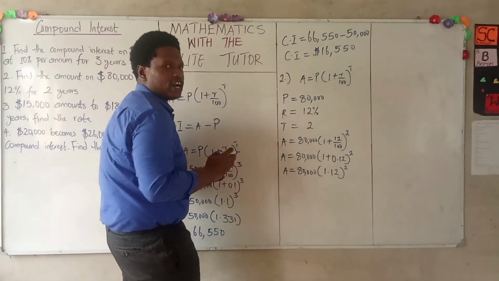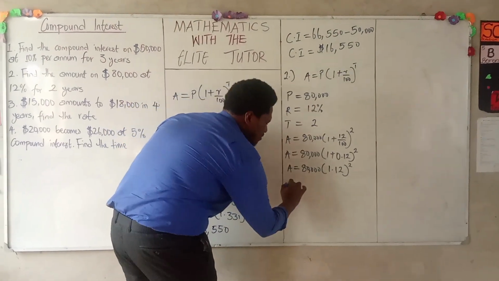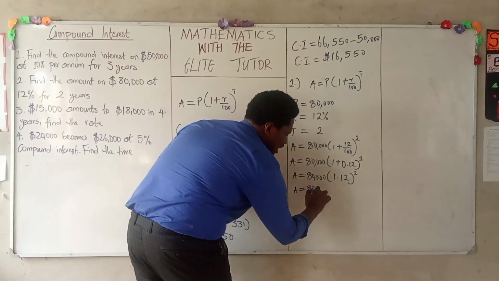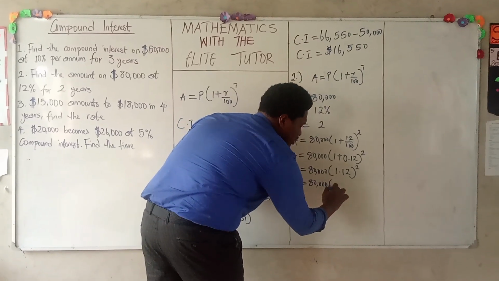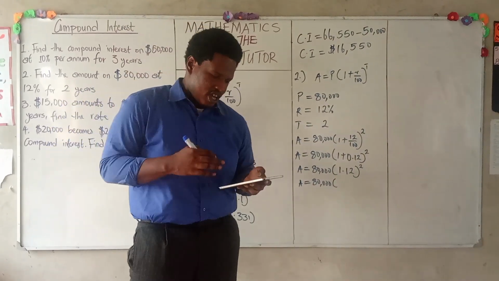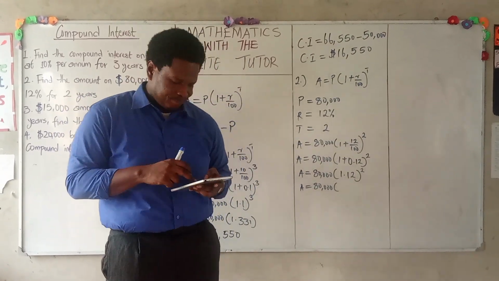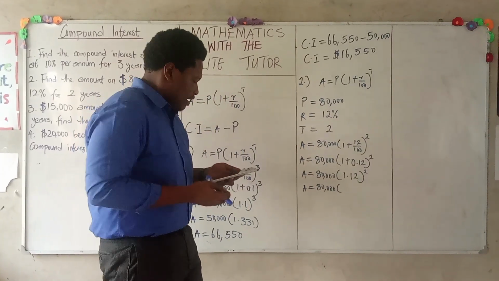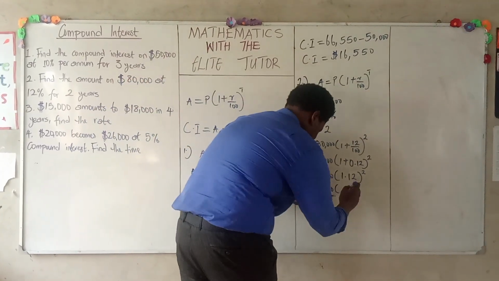We first of all take care of what is inside the bracket. So we have that A is equal to 80,000 into 1.12 raised to power 2. If you convert from our calculator, 1.12 raised to power 2 gives us